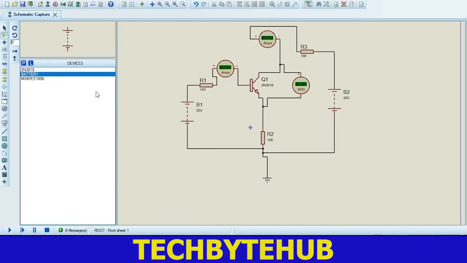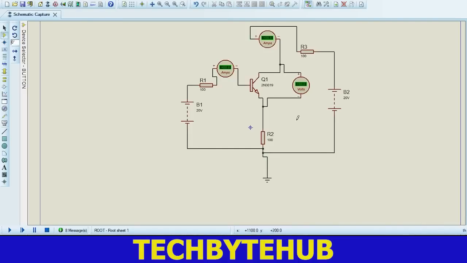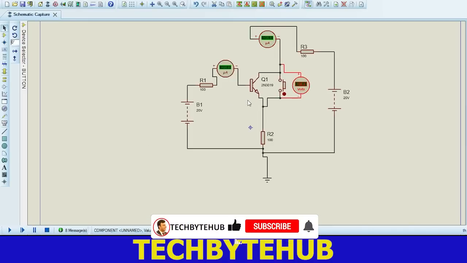I also want to place a switch here, a button, BUTTON, a single push button, I will place here. Now I have rotated it, and then I will click on the outside, and then I will connect positive here and negative here. Now I will change the parameter of the meters, from ampere to microampere, and from ampere to microampere,